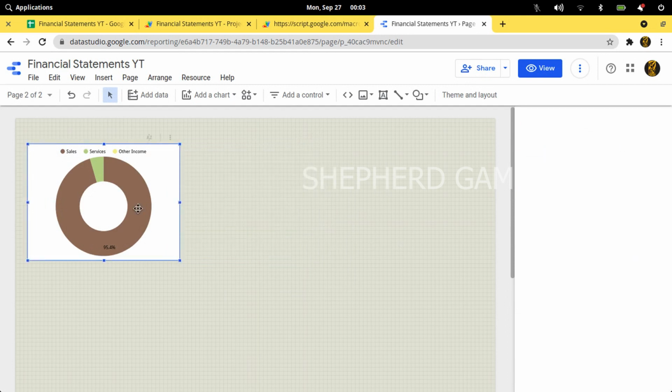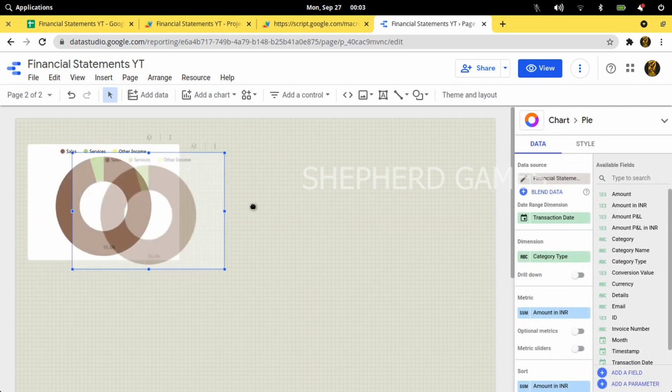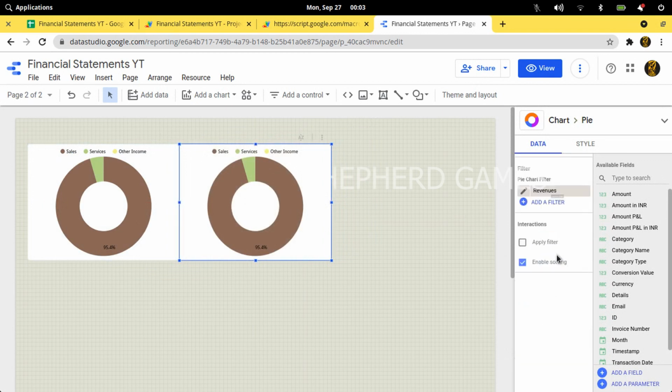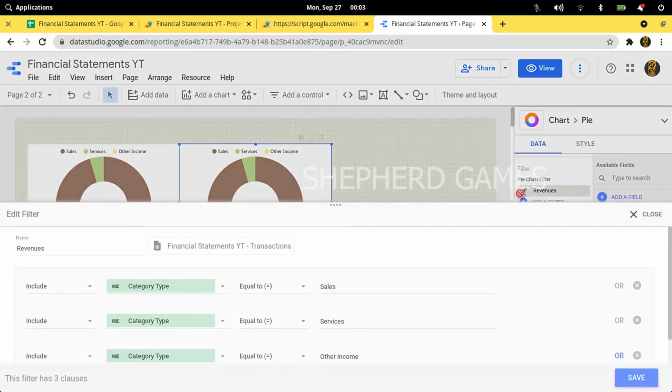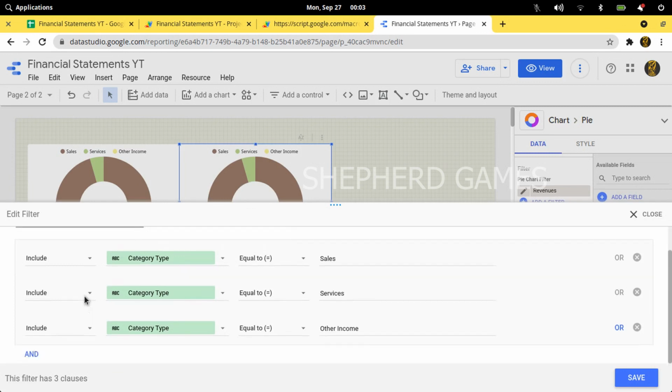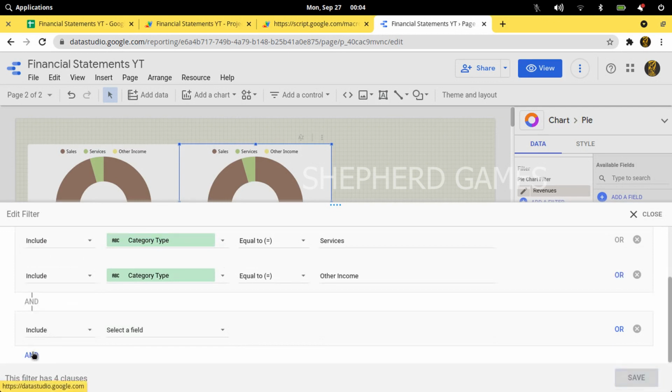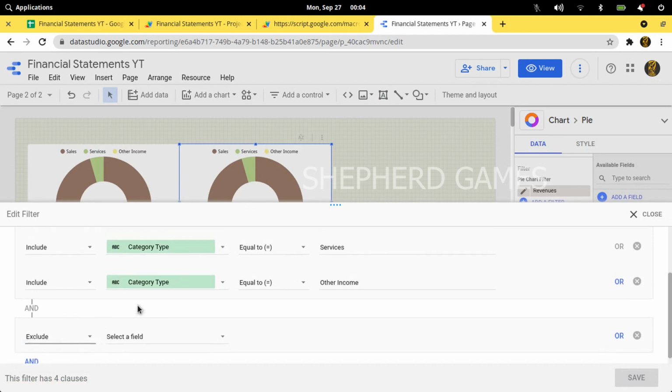I'll remove this one and just copy paste this one, and in the pie chart let's add an expenses filter. In revenues we include them, so in expenses we exclude them. So the and condition or or condition doesn't work